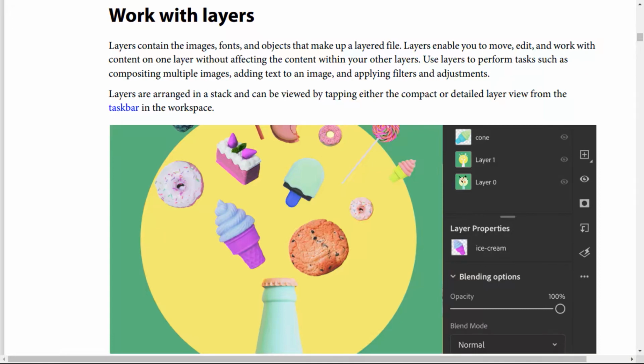Work with layers. Layers contain the images and fonts and objects that make up a layered file, and layers enable you to move, edit and work with content on one layer without affecting the content within your other layers, by the way. And you can use layers to perform tasks such as compositing multiple images and adding text to an image and